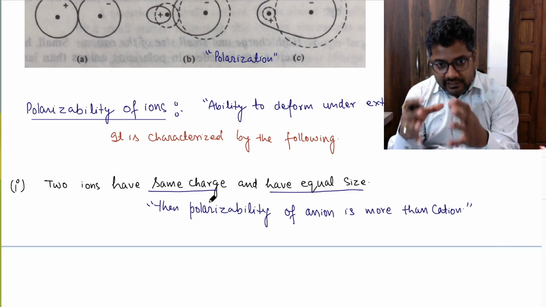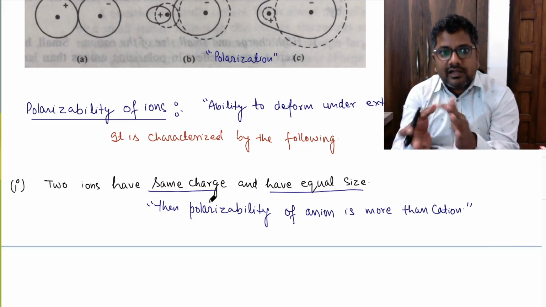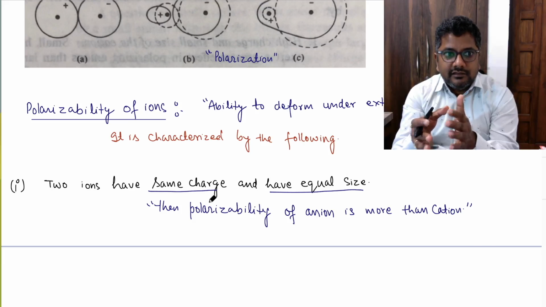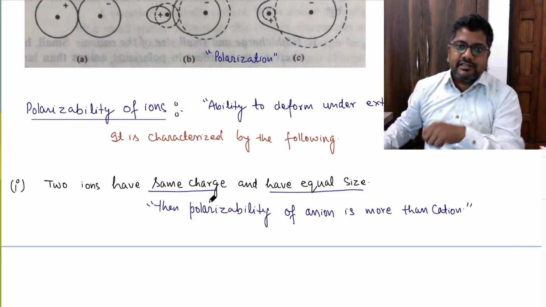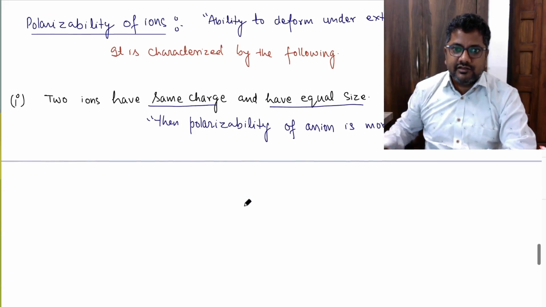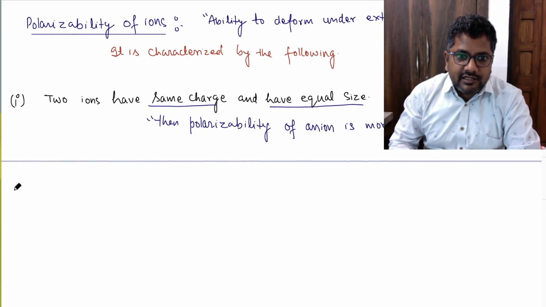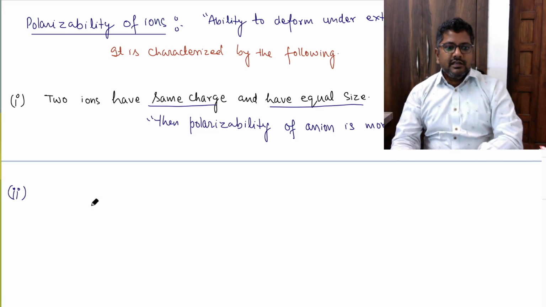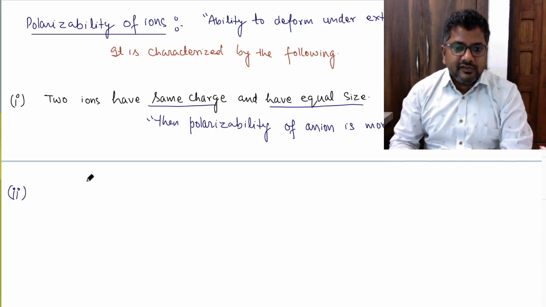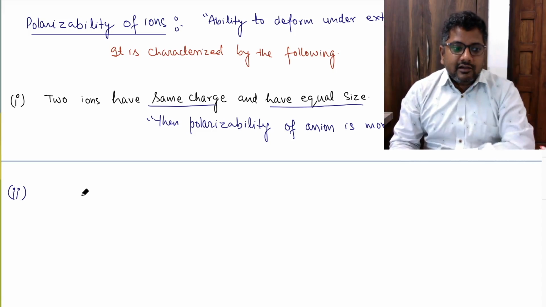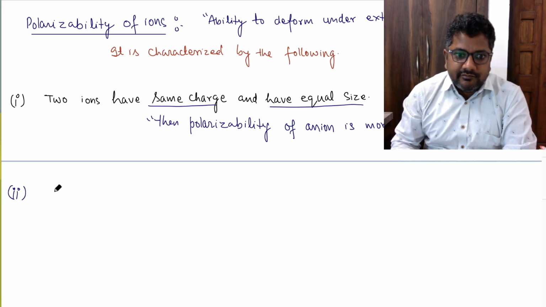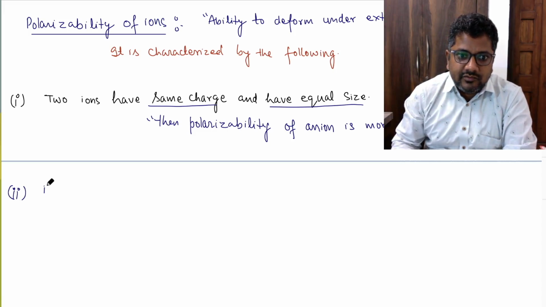But here I am comparing the relative polarizability under the different situations. So this is the first condition. Now come to the second condition. Second condition: if the electronic configuration is same,